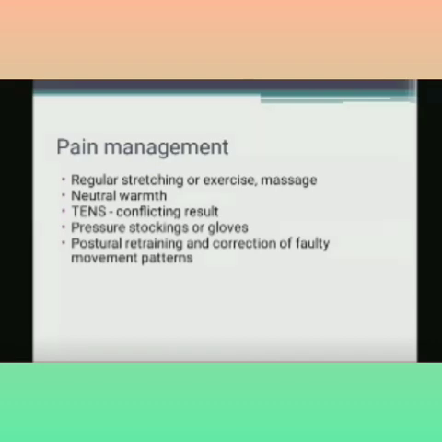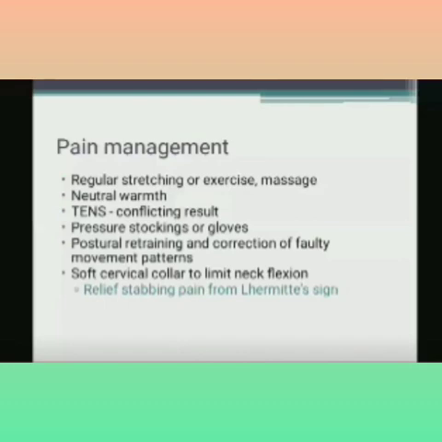Then you have to retrain the posture. You have to make the patient understand what the normal posture is and how to maintain or correct the abnormal postural movement. Different instruments or devices can be used for maintaining this posture. Like you can use the soft collar to limit the neck pain or relieve the alarming sign. Okay, so